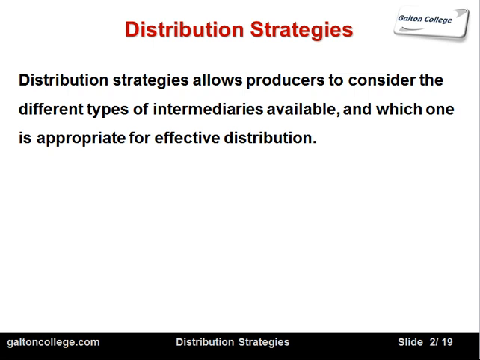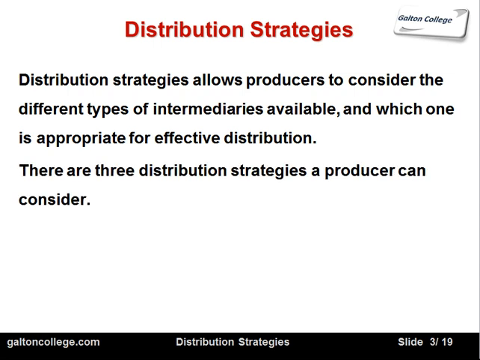So really it's for the company to select a distribution strategy, and then get the intermediaries to deploy that strategy because it fits with their own expertise and their own way of doing